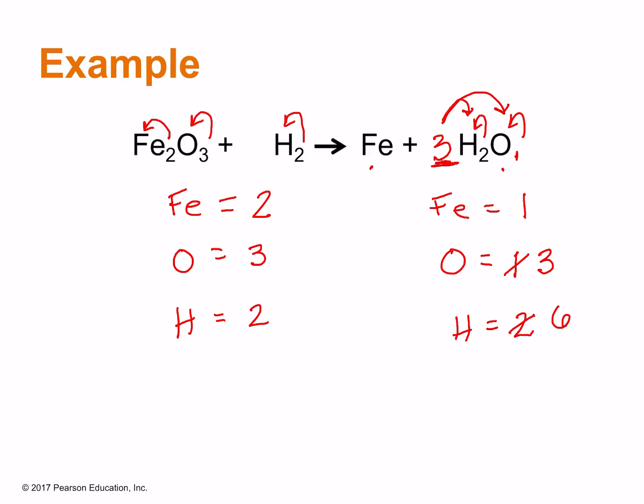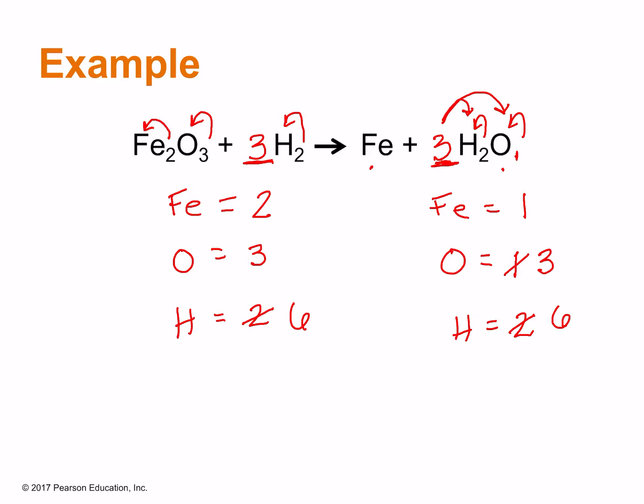So now let's go back. And let's look at the hydrogens, right? We messed them up. Now we have 6 and 2. So we need to put something out front here that is going to multiply by that 2 to give us 6 like we have on the other side. So if we put a 3 out front here, then 3 times 2 will give us 6 hydrogens over there. So now our hydrogens are balanced, our oxygens are balanced,